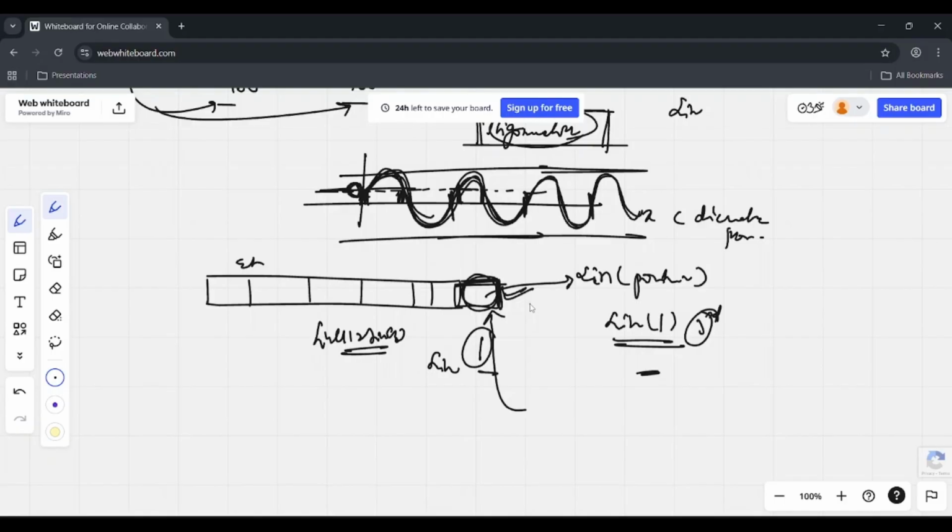So what scientists proposed is that instead of just using sine of position, what if we add another element here, append and concatenate another element, and that is cos of position. Now the benefit is that now the frequency has reduced.